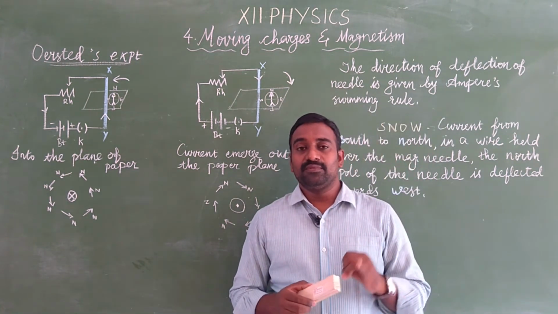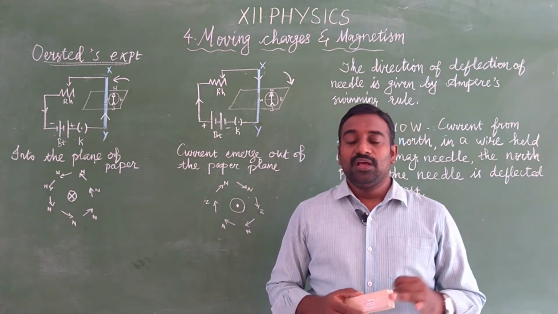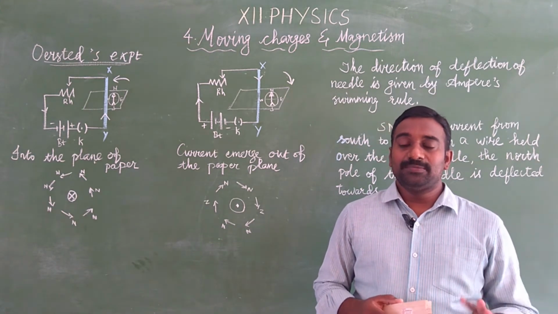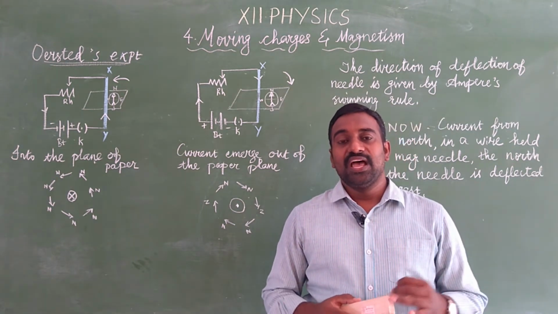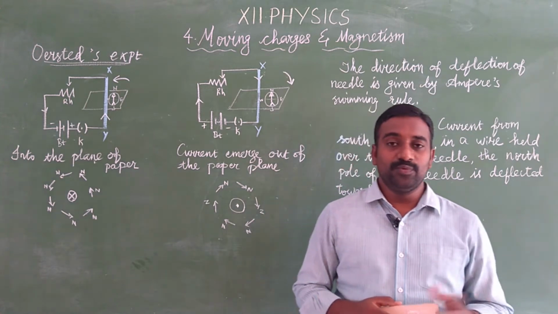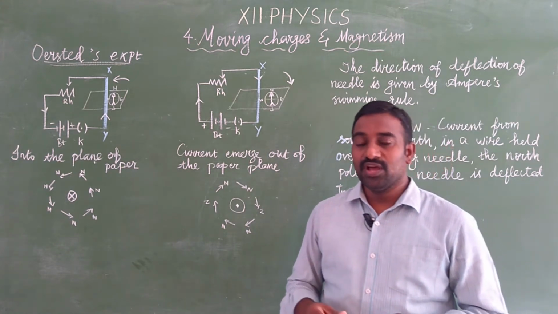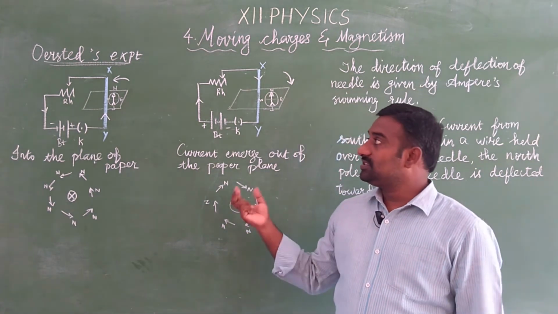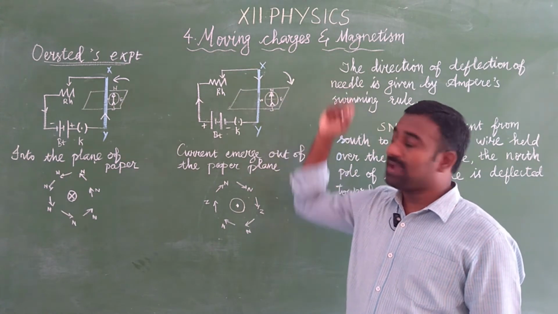In the first chapter we learned about the field and how charges are involved, and then in the second chapter, electrostatics. The third chapter is current electricity, about the resistors and the capacitors and the Wheatstone bridge, and also Kirchhoff's rules, how they are used to solve for the equivalent resistance of a given circuit, and also to identify the current in a circuit. Now it's a new lesson related to the electric field. The lesson is moving charges and magnetism.